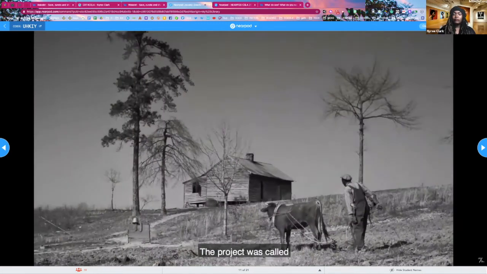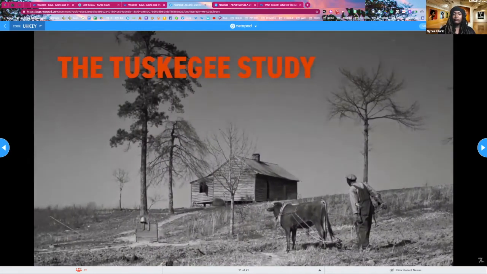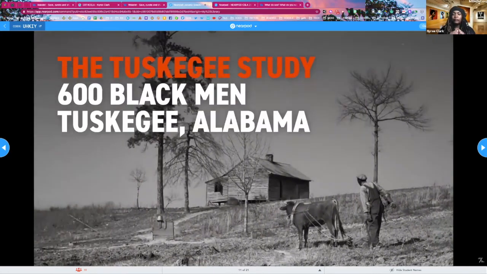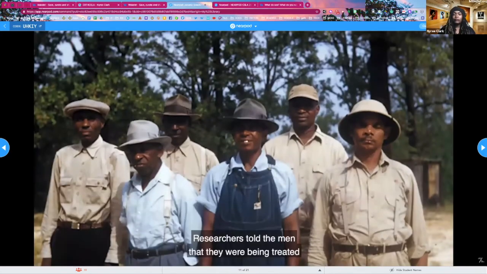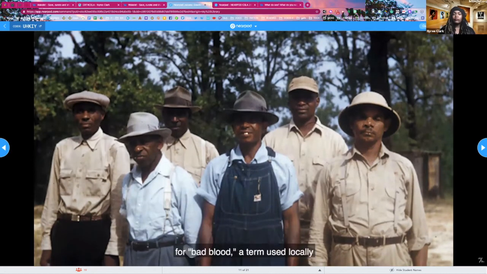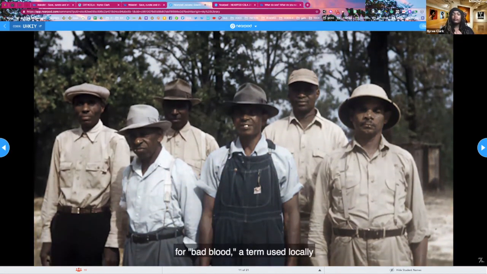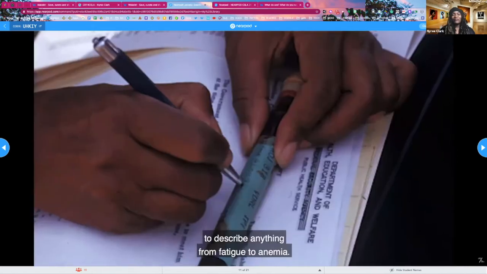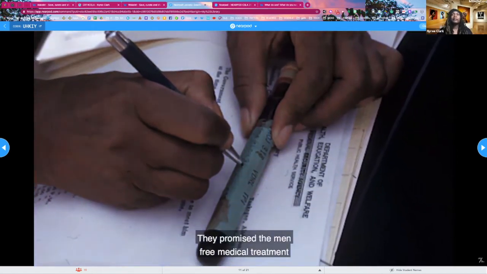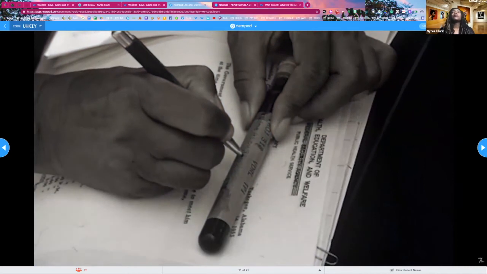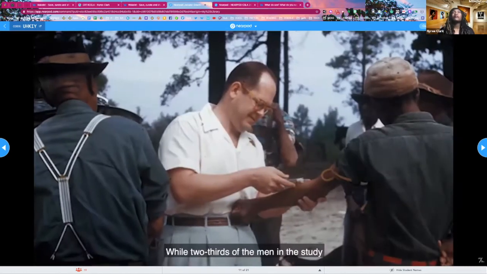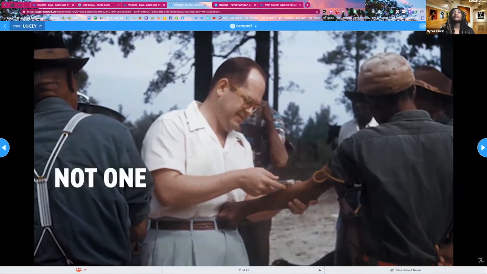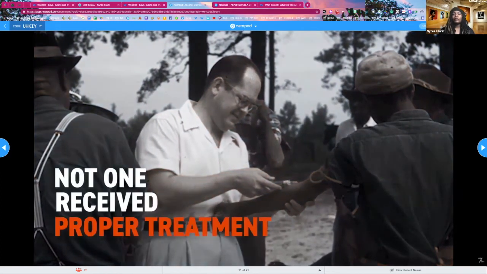The project was called the Tuskegee Study because it recruited 600 black men living in Tuskegee, Alabama. Researchers told the men that they were being treated for bad blood, a term used locally to describe anything from fatigue to anemia. They promised the men free medical treatment if they participated. While 2/3 of the men in the study were confirmed to have syphilis, not one received proper treatment for the